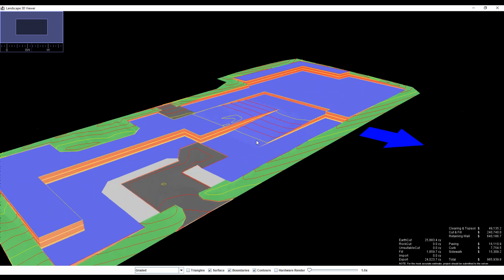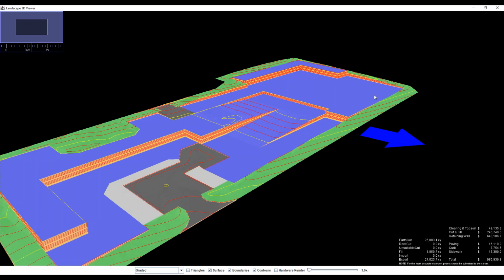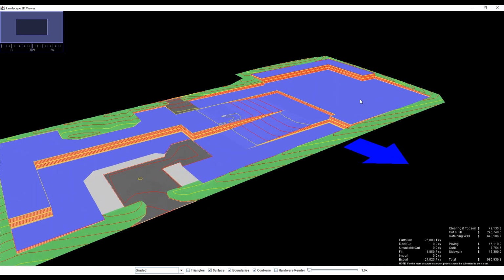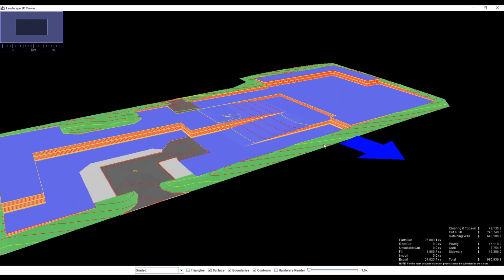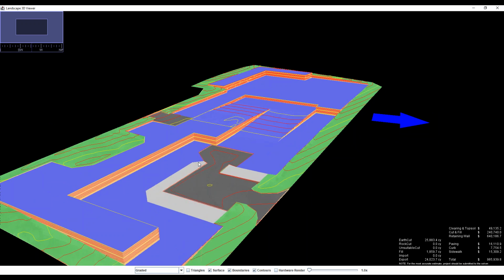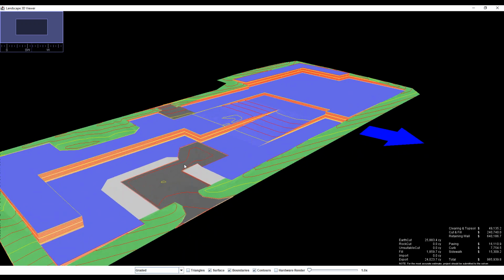But the great thing is one, it's giving you that earthwork calculation that's really hard to get early on. It's also giving you, on these urban sites, a lot of walls, a tremendous wall quantity going around this thing that would be very difficult to quantify without this. So we really love that it spits that number out as well, because on these type of deals, that's a big variable, is your wall quantity.